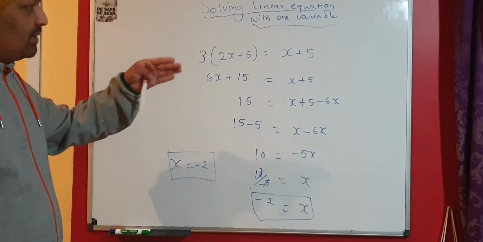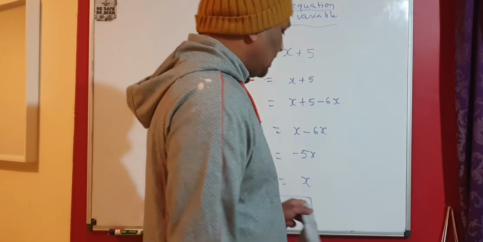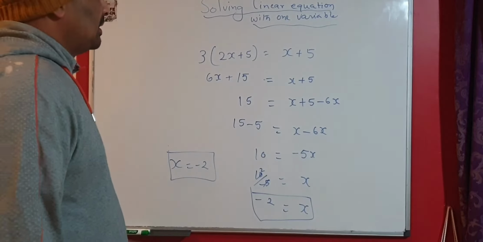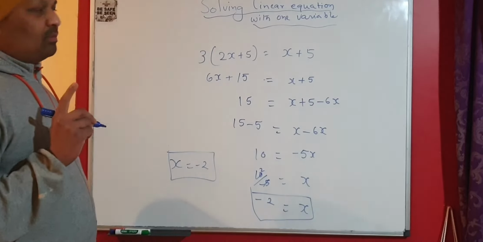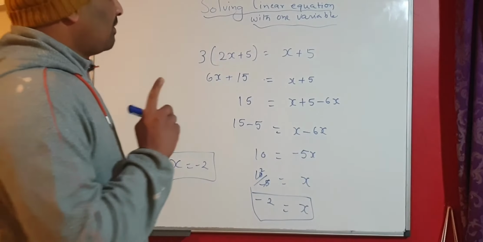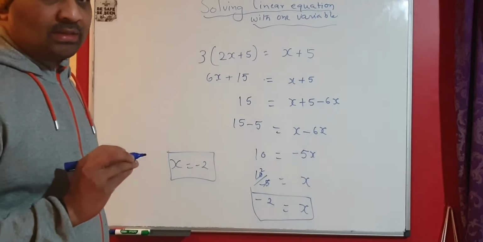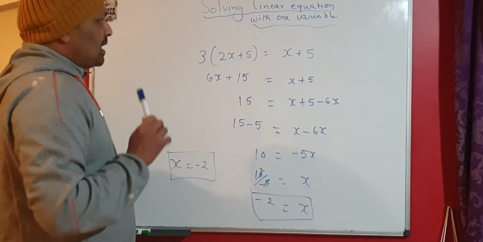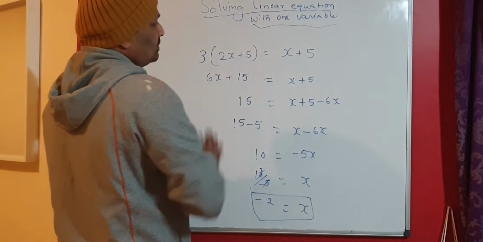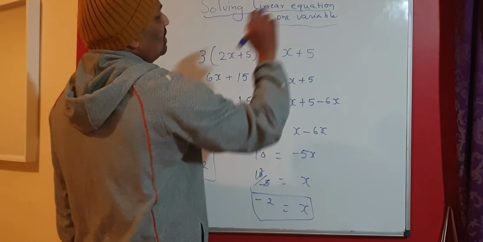So we have seen the different varieties of problems, varieties of linear equations that are having one variable in it. What is the variable again? X is a variable, and we are calling it a linear equation because the power of x is 1. Okay, it should not be x square, it should not be x cube, it should not be x to the power of 4 or anything like that. And there is only one variable. So that is why it is solving a linear equation with one variable in it.